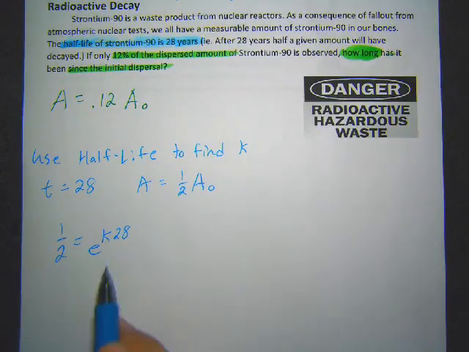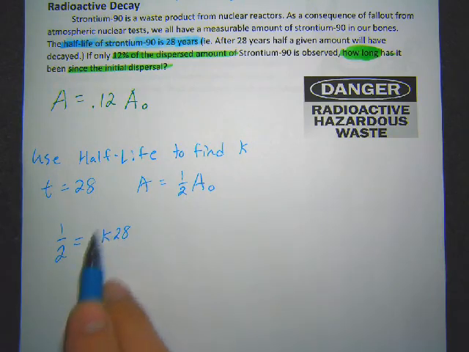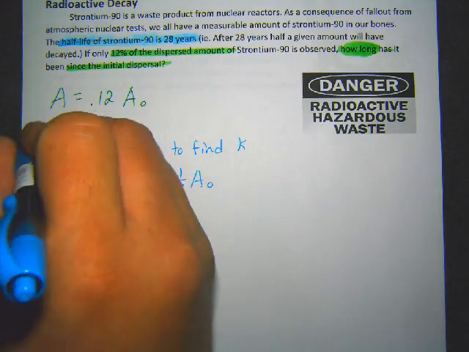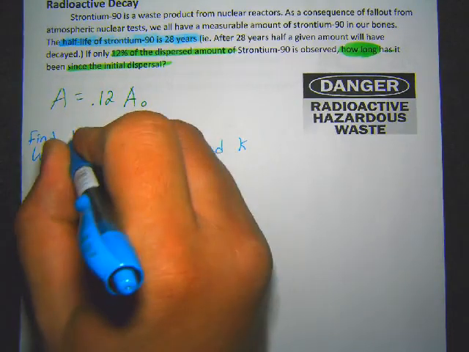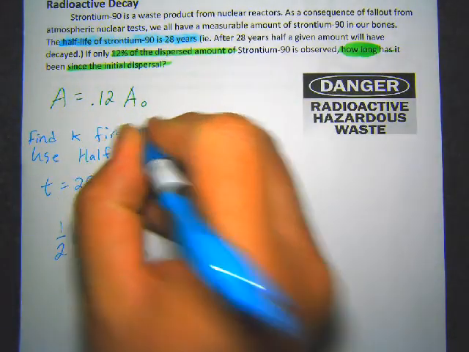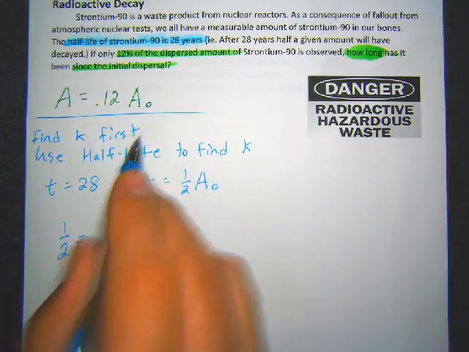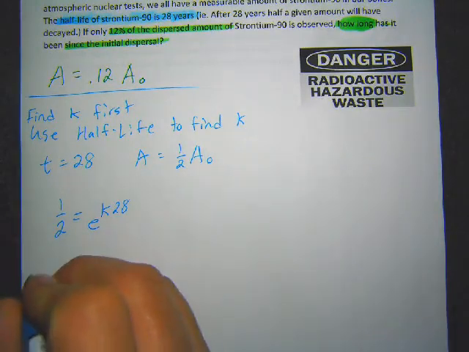Now this equation, the only thing we're missing is K. Remember, E is a number. It's actually a number in your calculator. So you don't have to worry about it. We're just looking for K, and then that will tell us what the growth rate is. So we're finding the growth rate first before we actually solve the problem. So we started out thinking about this and said, well, you can't solve that yet, so we're going to find K first. To find this, we're going to take the natural log of both sides,